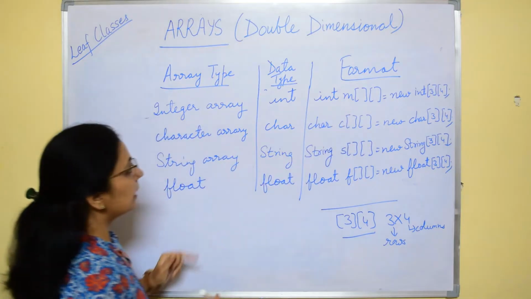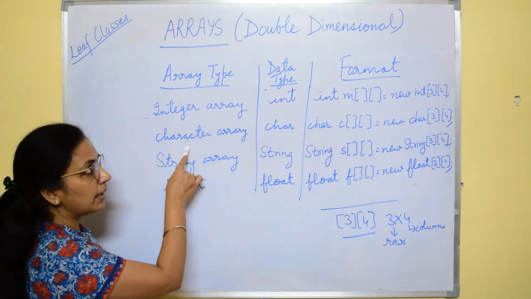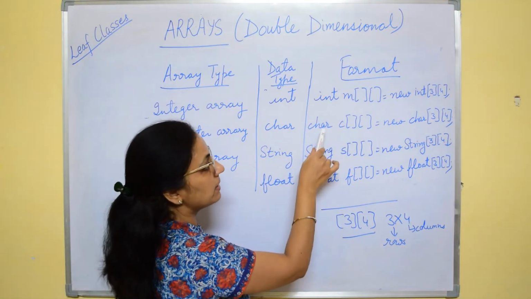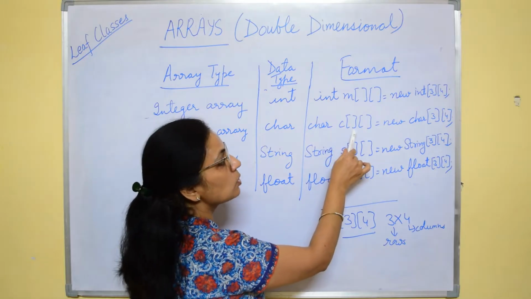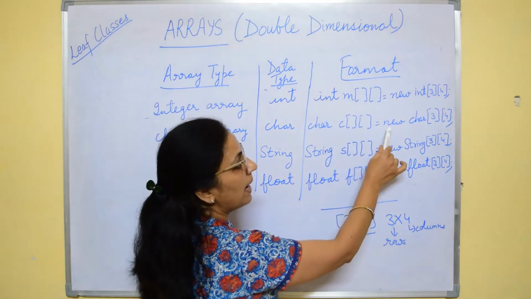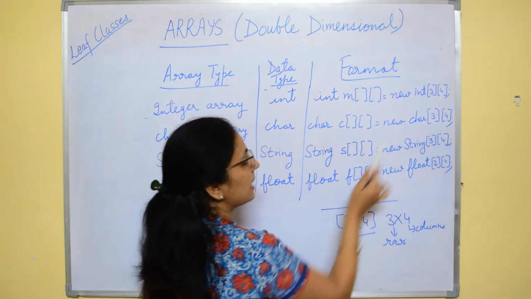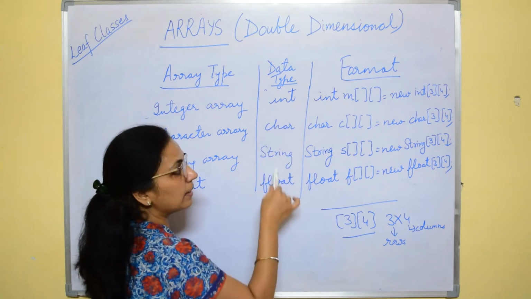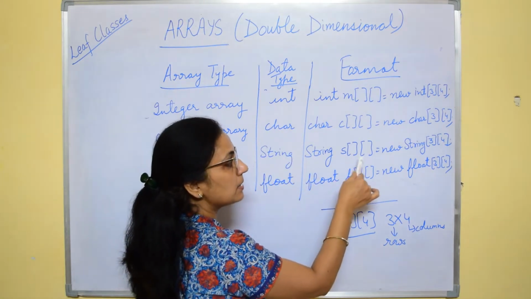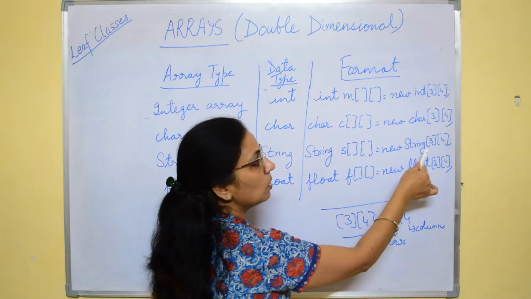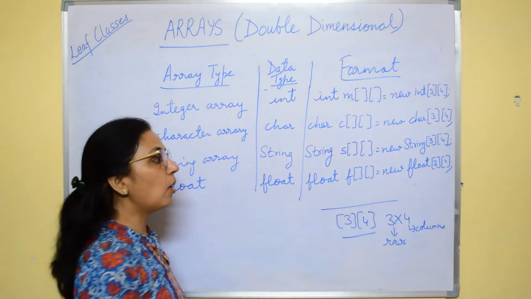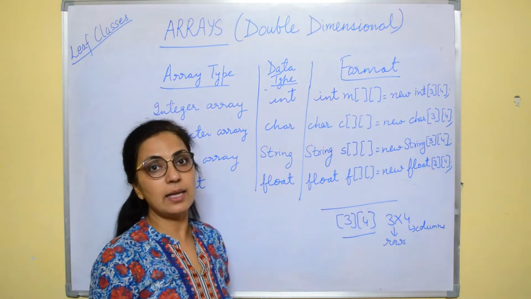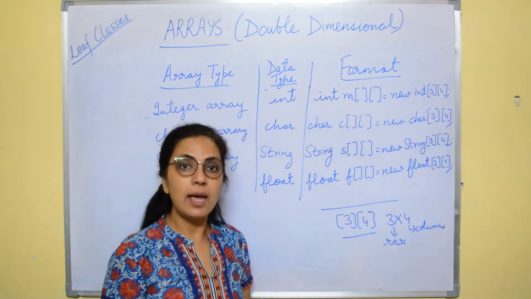M. Similarly, if you want to have character array, the data type is char and the declaration format is char c, double square brackets, equals to new char and the size of the array. Similarly, for string we have string data type: string s, double square brackets, equals to new string and the size. So for all the data types you can have first declaration and then we can use that particular double dimensional